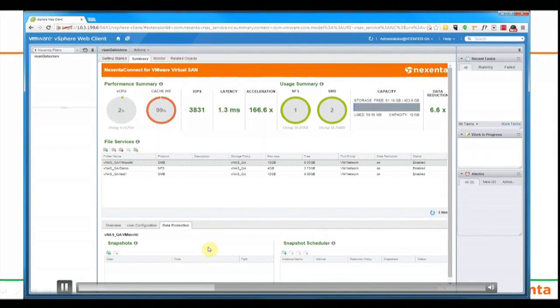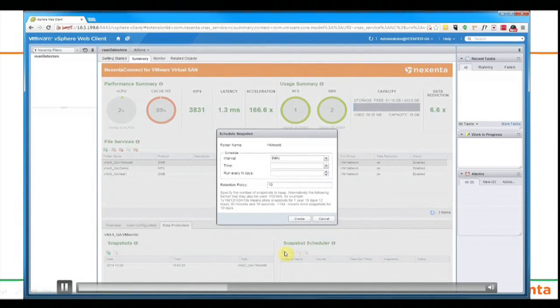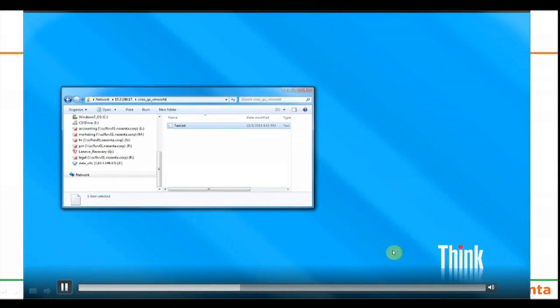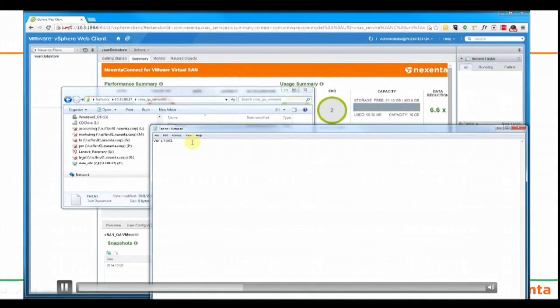My virtualization admin goes into data protection area and clicks on snapshot. It creates snapshot, and we have also snapshot scheduler. You can create daily, weekly, and there is a retention policy. You can keep it for up to X days. Now I have a snapshot, and I'm going to change the file. I am the user now. Version 2 I changed,